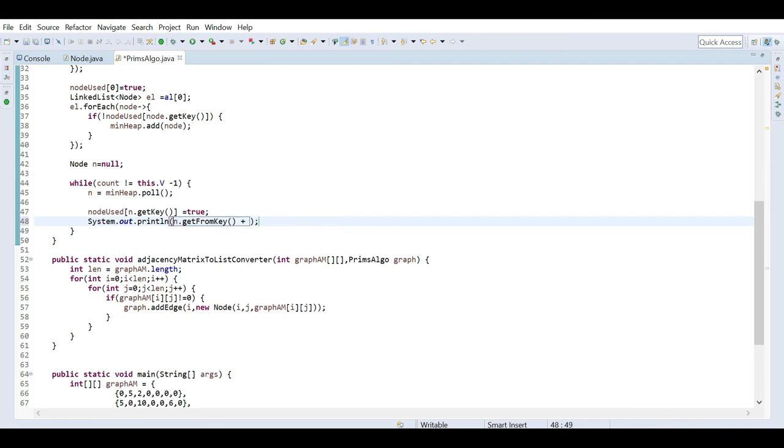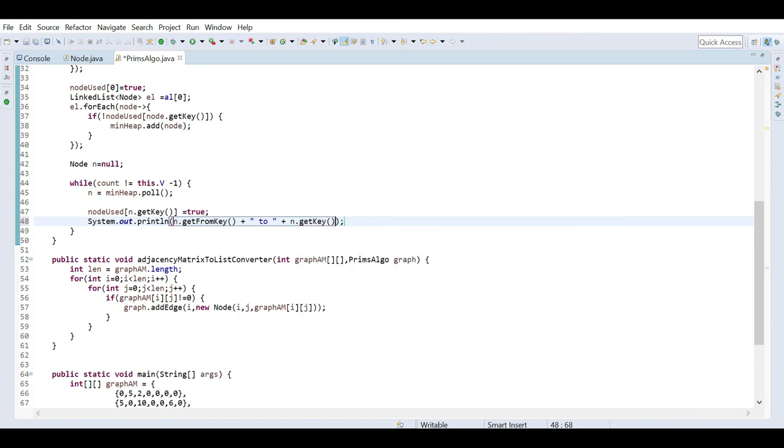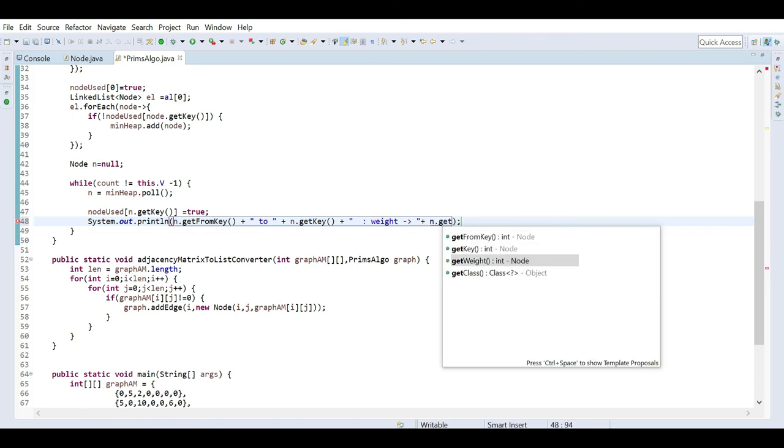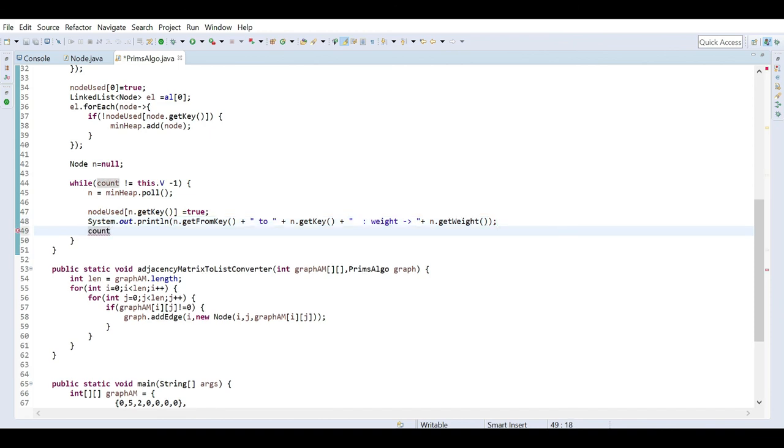Then I can write a print method to print a good message, that is n dot get key, and we can mention the weight, something like n dot get weight. And whenever I get a path or edge, I will increase the count.